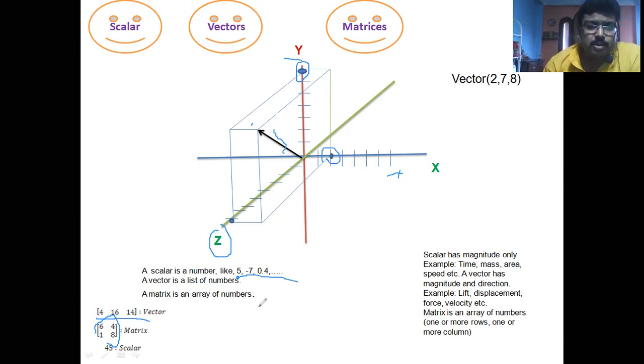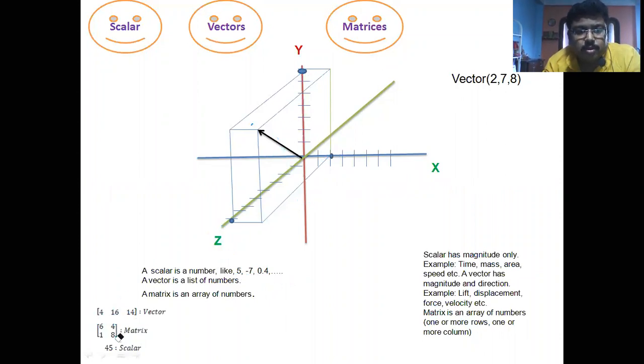Now look, in this lecture we have understood what is scalar, what is vector, and what is matrix. Now look, I am erasing all this marking. Okay. Now look,